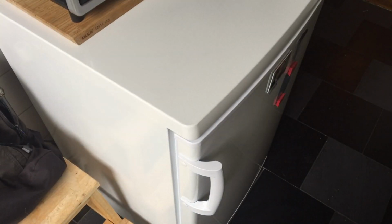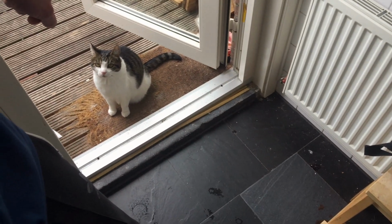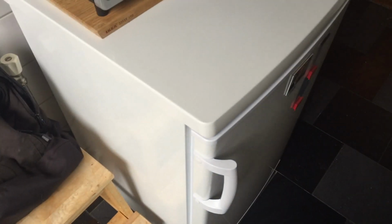Okay. Anyhow, this is the subject. Actually, she is the subject as well, a little bit, but she cannot help it. So, I bought this refrigerator like a month ago,